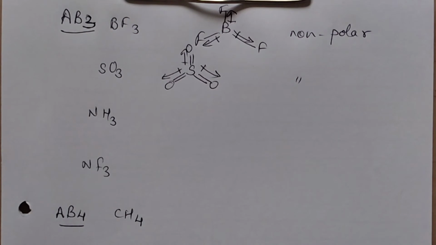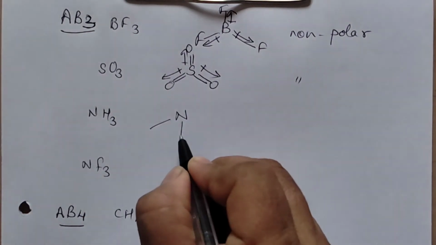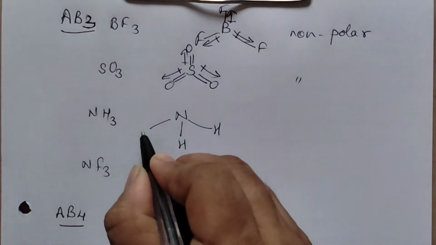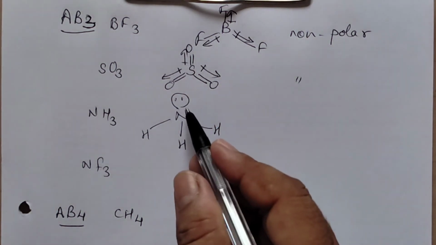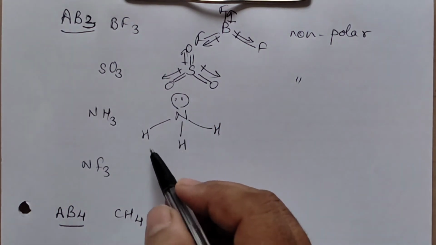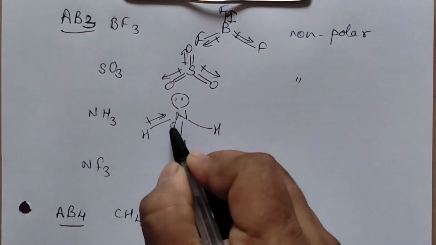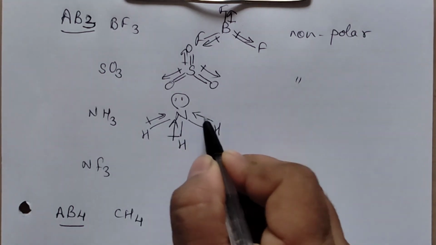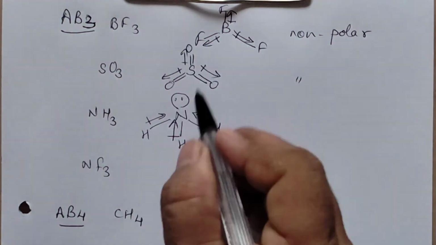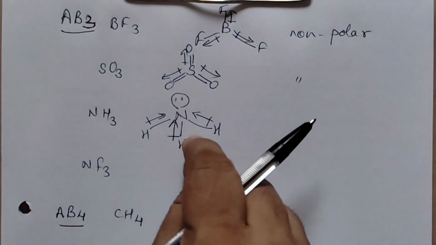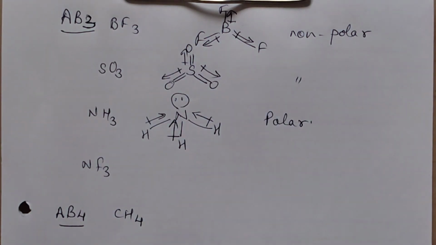NH3. Now we know the shape of NH3. It is pyramidal. There is one lone pair present on the top. Because of the presence of the lone pair, it is polar, and you can see the shape also. Nitrogen being more electronegative, the individual bond moments will be towards nitrogen, and these three add on to the electron density on the top. So there is a net resultant electron density on the top. It is a polar molecule, ammonia.